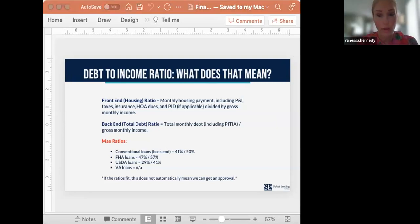Yeah, we're working on a one page flyer that puts together the mortgage process, like that one slide that shows the processes and stages that they'll go through, and then a quick overview of the documentation they need to get their pre-qualification, which is really pretty simple, like the two pay stubs that cover 30 days